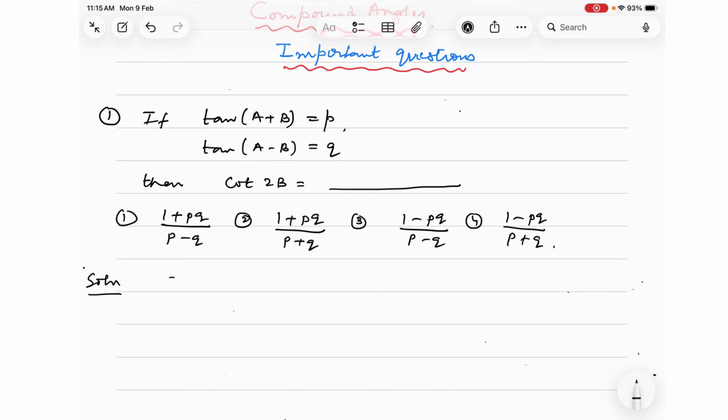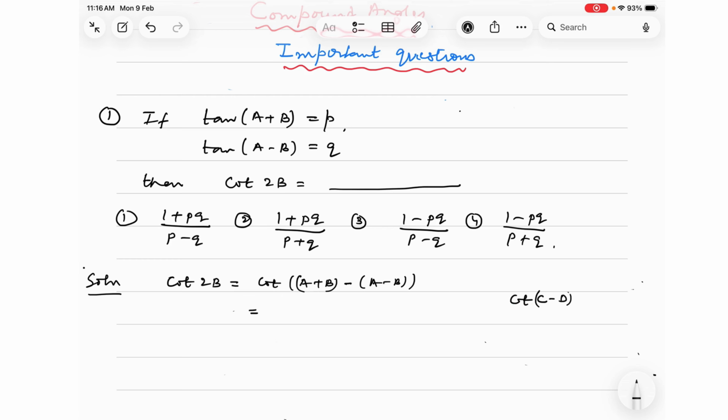So, cot 2B, we can always write it as cot of (A+B) minus (A−B). We can write 2B as (A+B) minus (A−B), because if A and A cancel, we are left with 2B. But we already know earlier